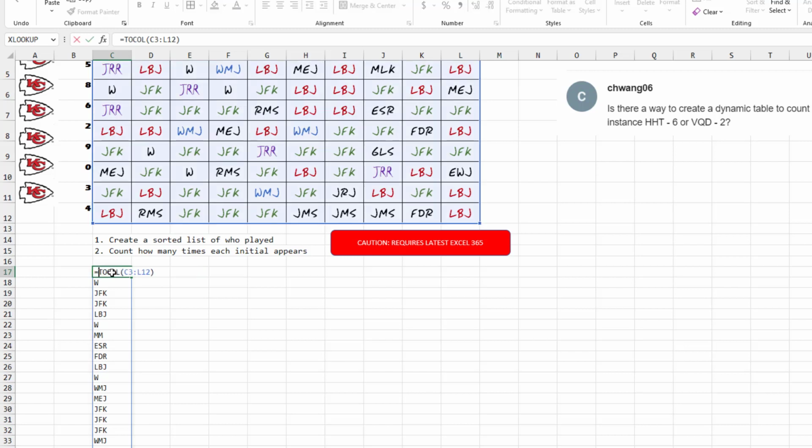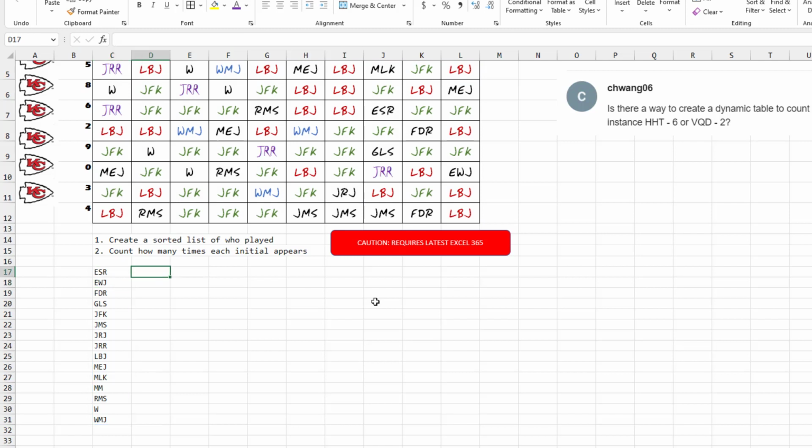All right, now that we have that, well, let's sort it. I guess it'd be nice to have it sorted, so we'll sort that. So S-O-R-T, we'll sort it alphabetically, and then get a unique list of each name appearing once. All right, so there's a kind of cool function: the UNIQUE of the SORT of the TOCOL of the range of squares.